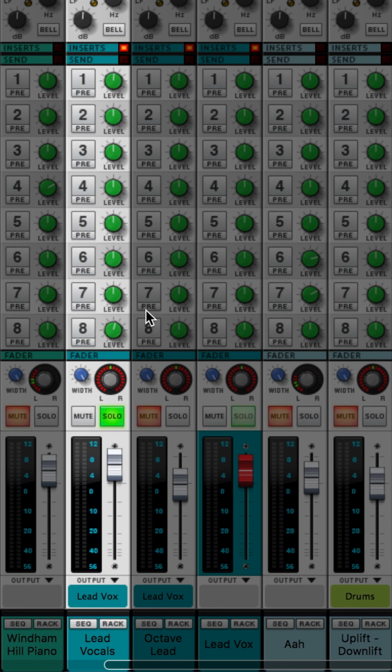If we wanted to add a touch of reverb to our vocal, we have a nice reverb already loaded in Send 1. So we activate the Send knob on our vocals mixer channel and dial in how much reverb we want, from a lot